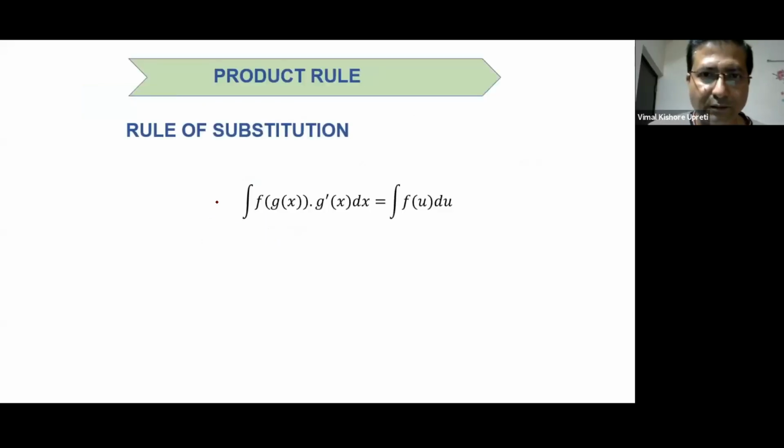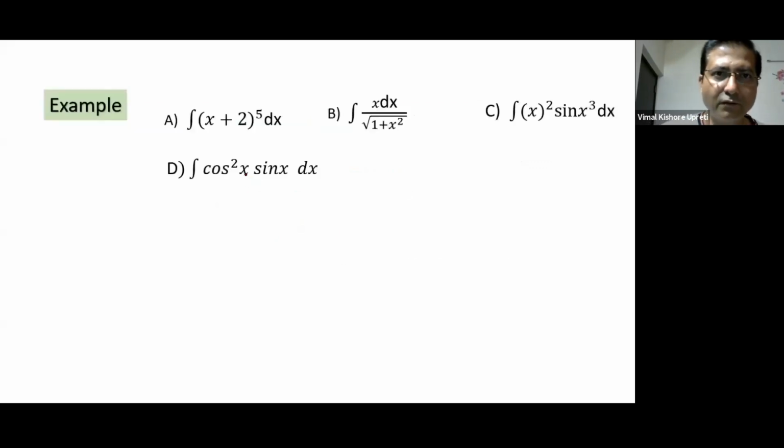Okay, so in the substitution method, something is written in a particular format. That format I discussed in the last class. We'll assume something and we will integrate the function. So all this we have discussed. A few problems on the substitution method we already covered in the last class. I'll take a few new problems, and let's see. For example, this one. This is the simplest one, the easiest one. Can you tell me the integration of this one?